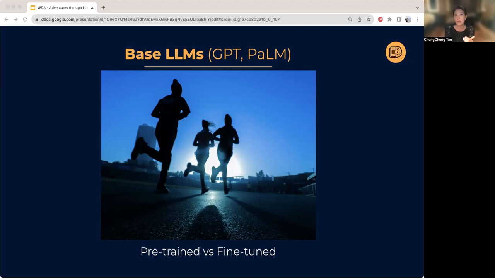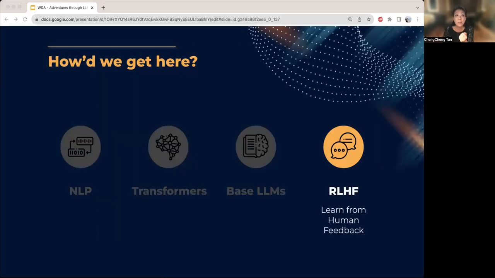The pre-trained base models can be fine-tuned for specific tasks. Well, LLMs have been out for years, right? GPT-3 was released in 2020, and ChatGPT was just a tweak off the base model, released 3 years ago. So why did it suddenly go viral last year? The secret sauce is this RLHF, or reinforcement learning from human feedback.